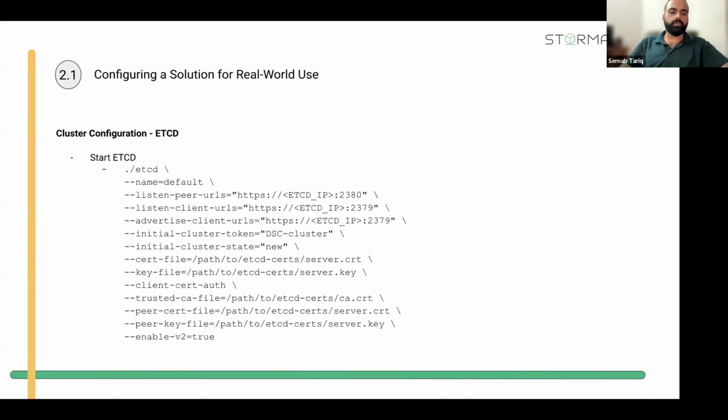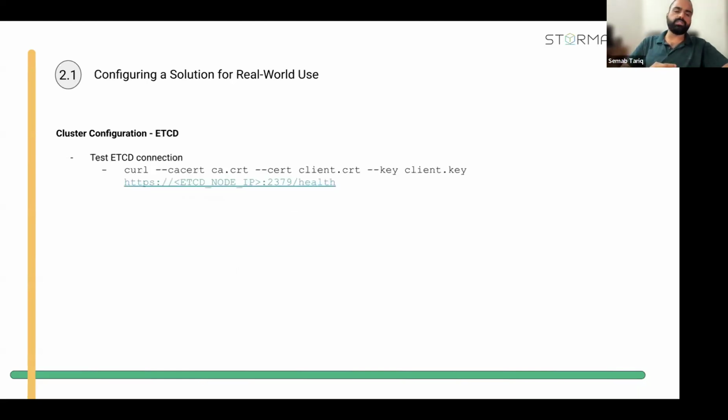2380 port. So on your etcd node, port 2380 will be assigned to etcd, and etcd will be listening on this port. And then, of course, you are mentioning all the certificates that you created to perform secure HTTPS communication over the network. So once your etcd node is configured and certificates are ready, the next step would be